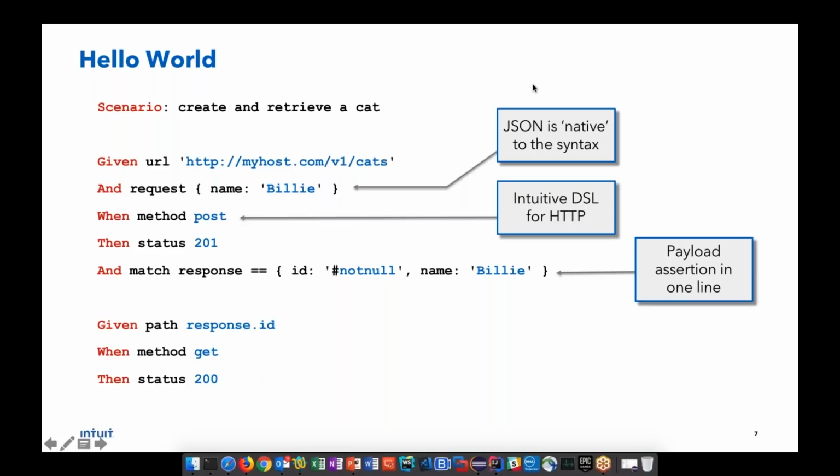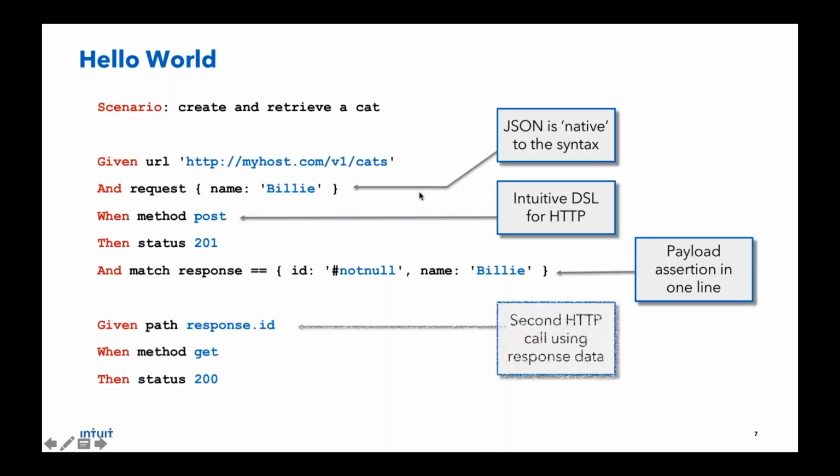And at the same time, if you look at that ID hash not null in the middle, you are going to run into this, right? You're going to have dynamic random values come back from your server. You would have UUIDs, generated IDs, and timestamps. And the beauty of karate is that you can assert for your entire payload, except the parts of the payload that are random and you don't care about. And this is an example that you see before you.